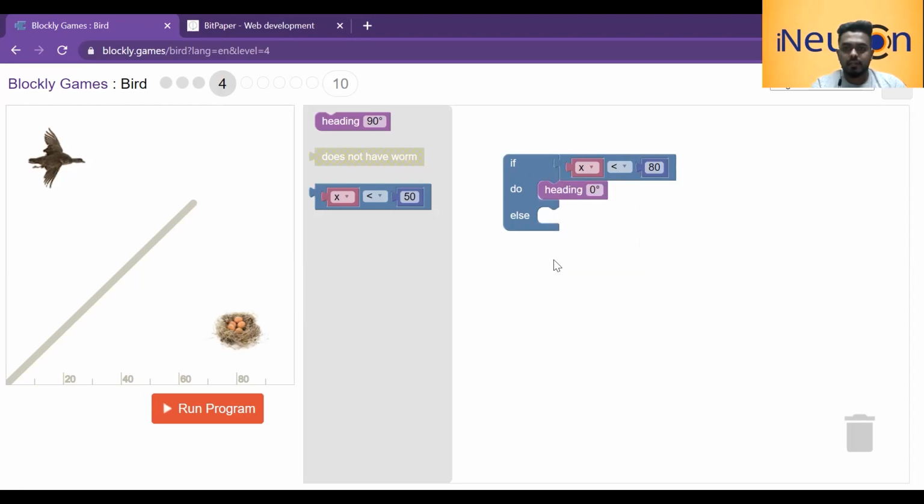So let's check this, run program. Okay, see if it is less than 80. If everything is less than 80, it's moving, right? It keeps on moving. So now what I have to do is add else. If it is less than 80, it's this. If it is not less than 80, what we need to do is just